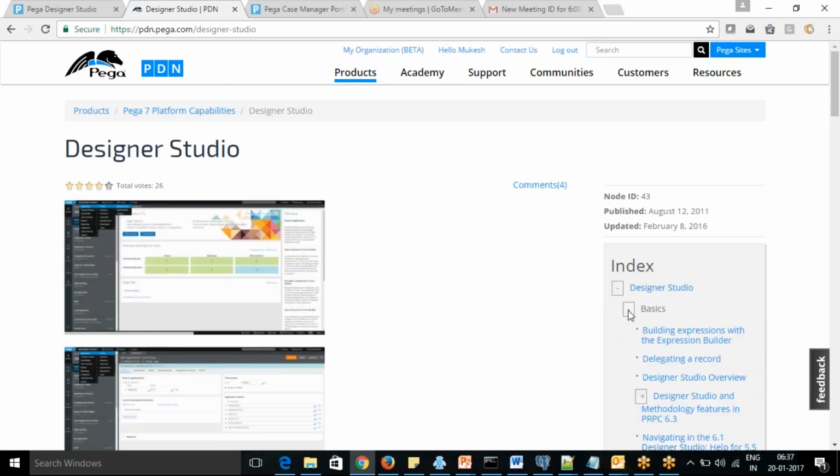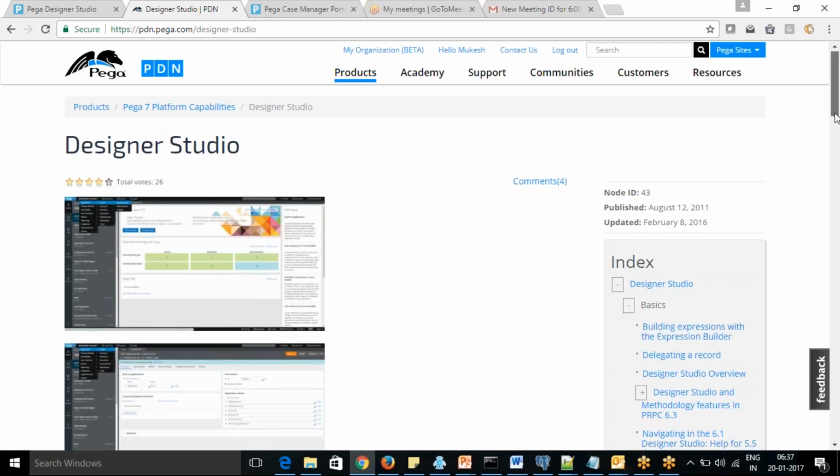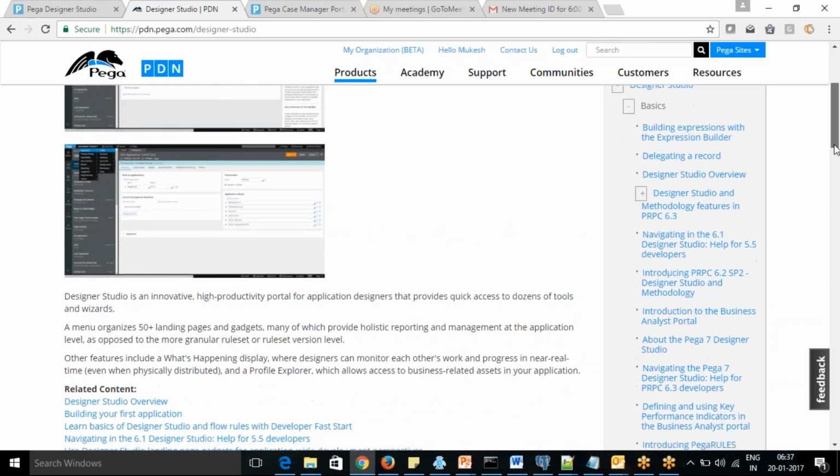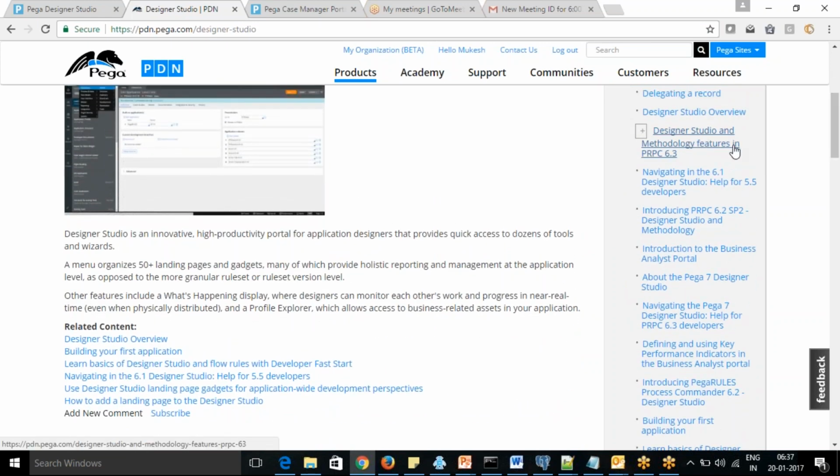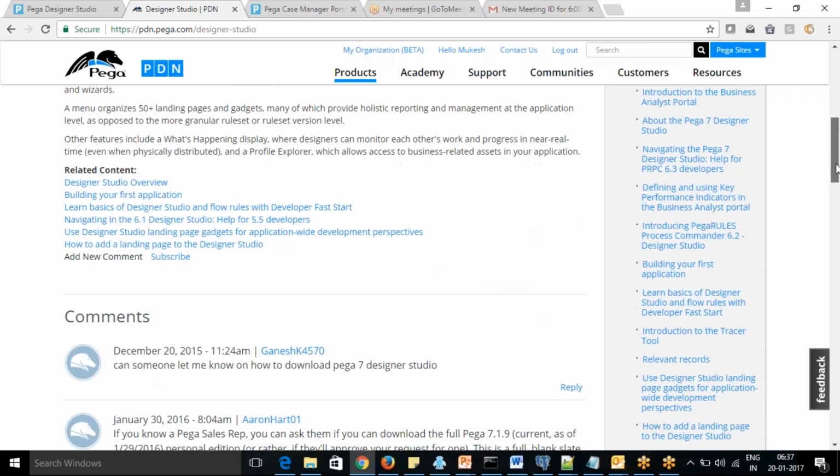So what are the basic things? Yeah, so what feature is in 6.3? Oh, it's not talking about the server anymore. Actually, this is a little old now.